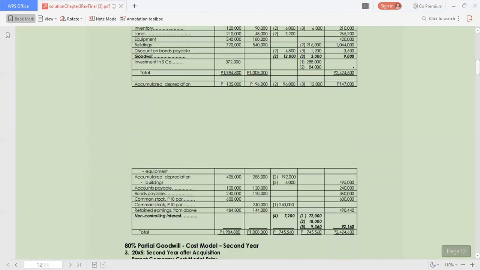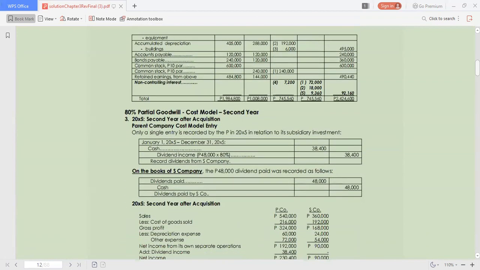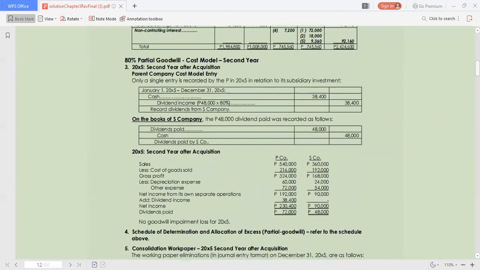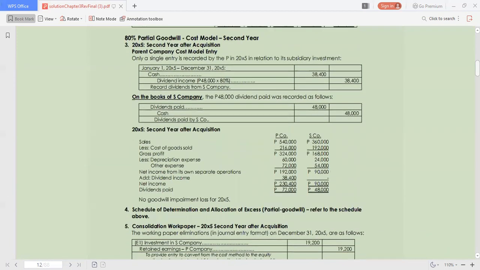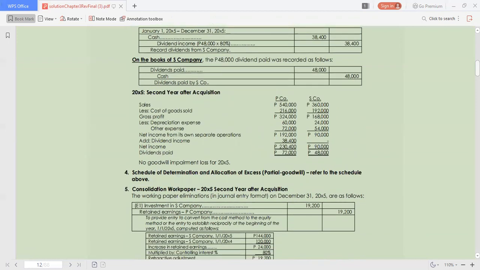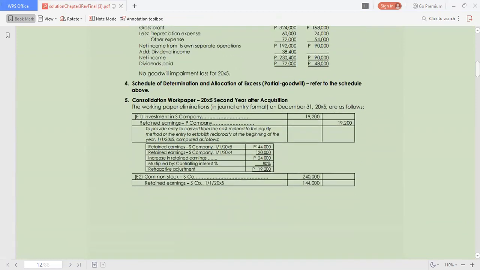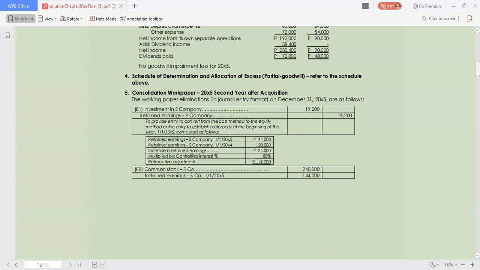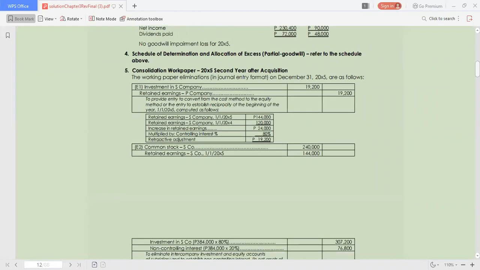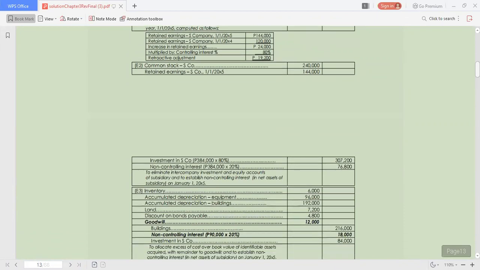So we now have the entries as explained here. We have the amounts of investments. So we have here the consolidation work paper, where we are now recording the investment account, and likewise the